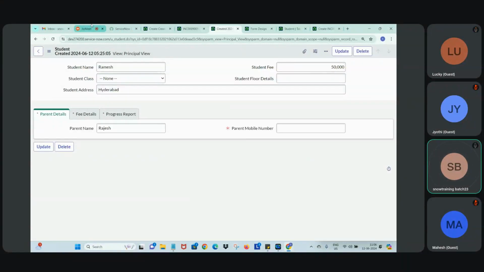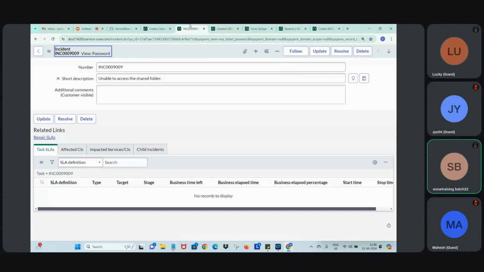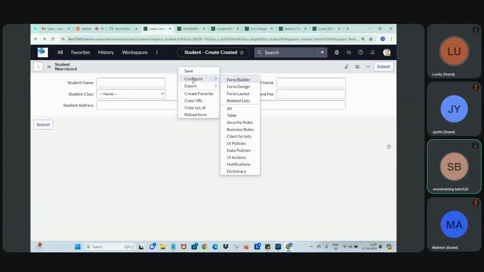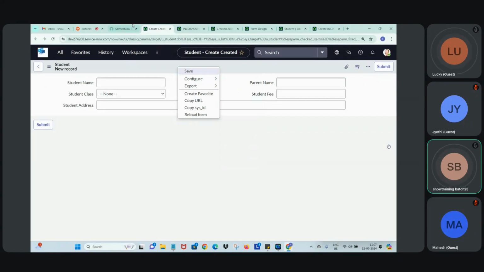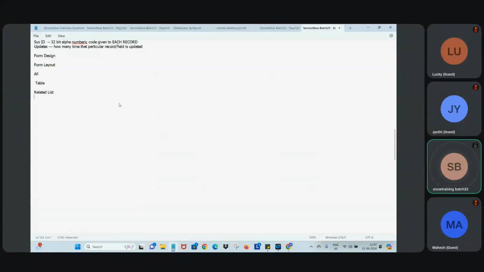Yes, sir. Perfect. Tomorrow we'll be checking other client side components. We have covered only this form design. Tomorrow we'll be seeing form layout, related list, all table, and then we'll be talking about UI policies, client scripts as well. Once that is done, client side, slowly we'll be going to the APIs. All right. Now your task for today is